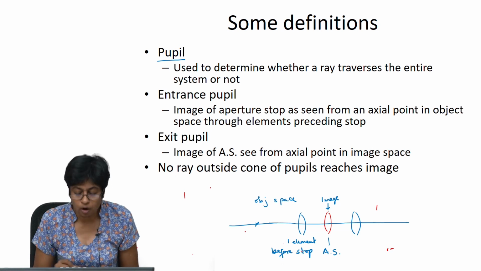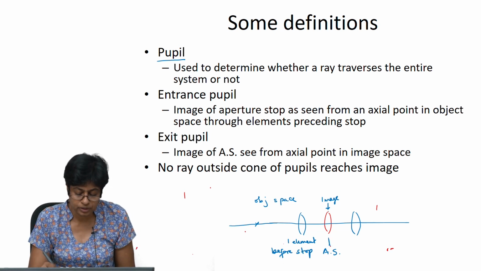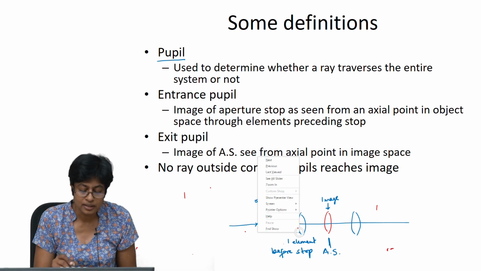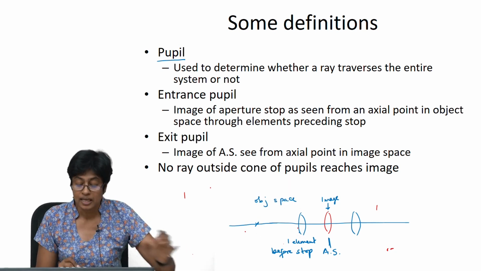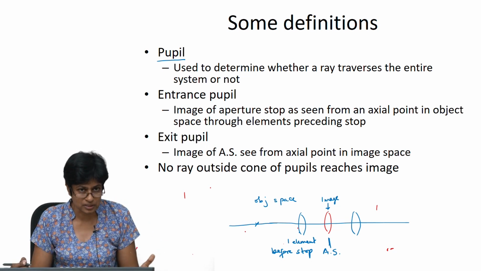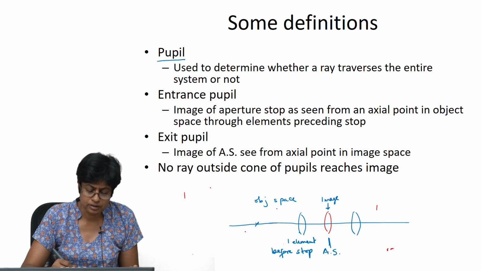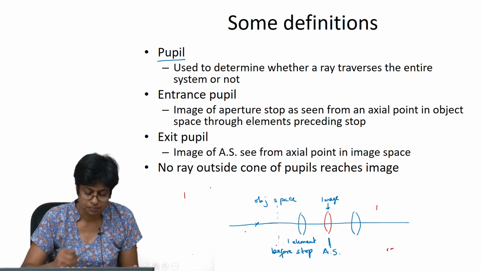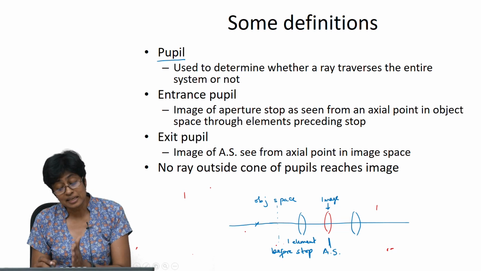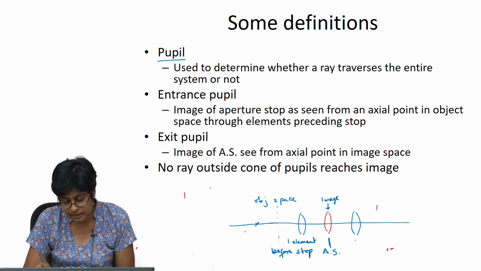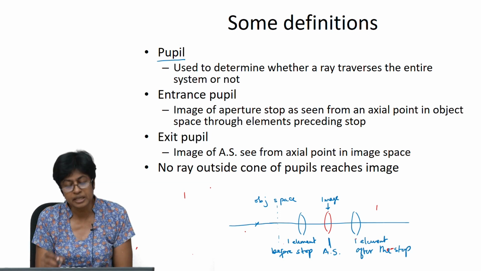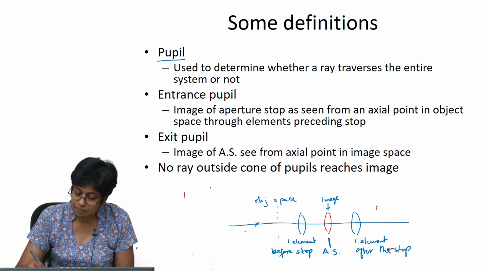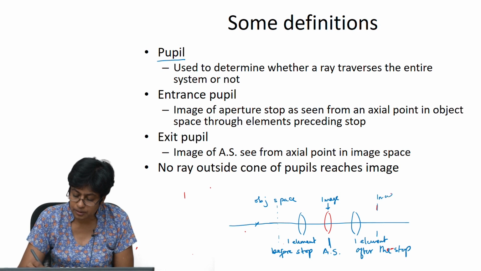So, I will form an image of this aperture stop using this element, and wherever its image exists, that becomes the entrance pupil of the system. Maybe the entrance pupil will be somewhere here. Similarly, I can take an image of the aperture stop using the lens. There's one element in this case after the stop. So, I will find the image of the aperture using this element, and maybe I get an image over here. This is the image of AS with lens